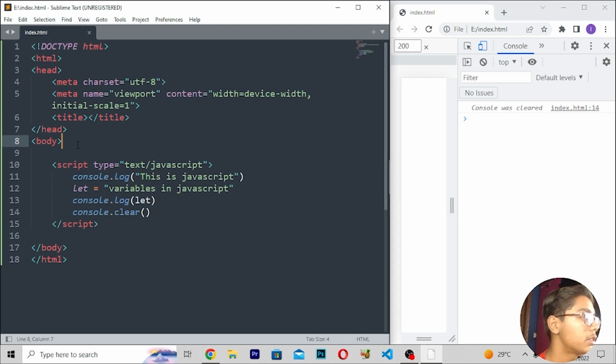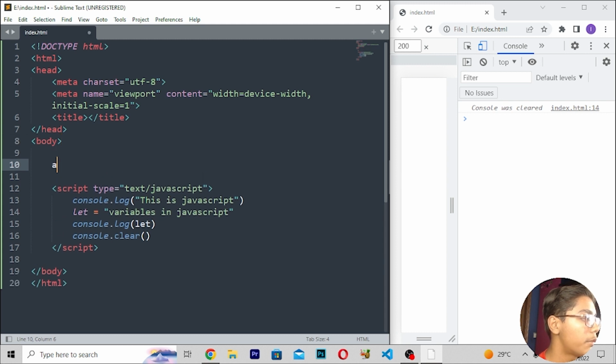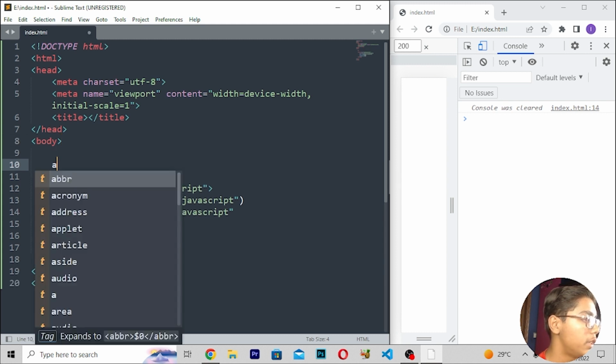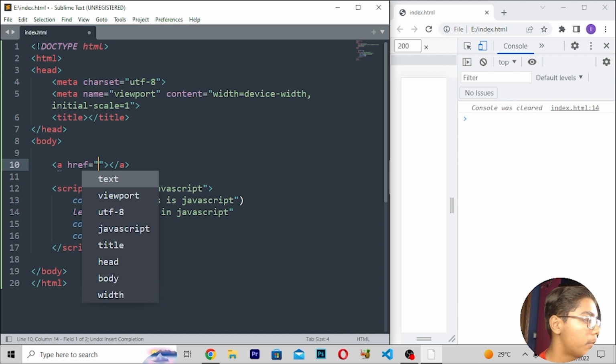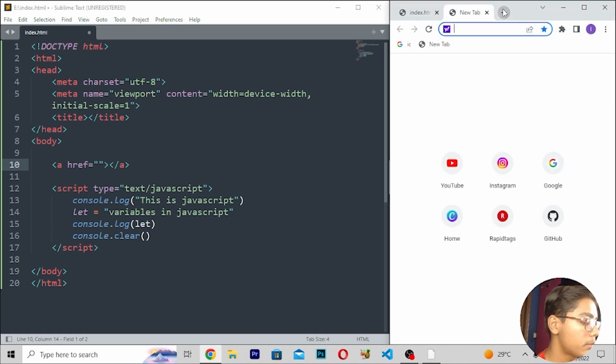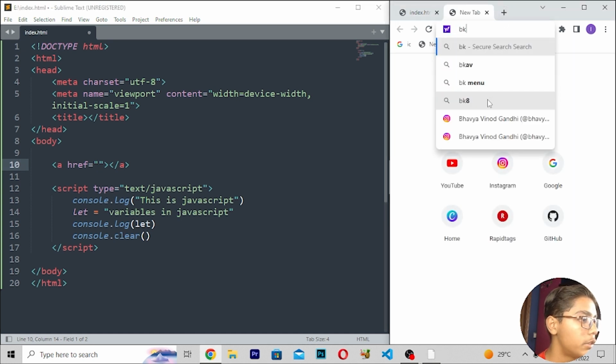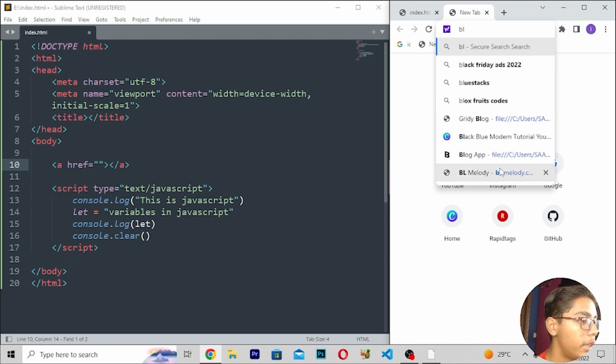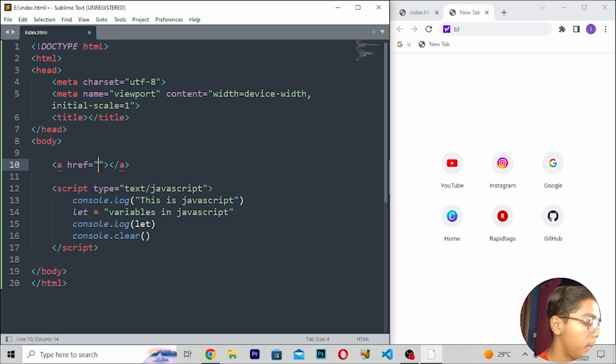Now if you want to build your Melody project, you have to write this tag, Control Z, and here you have to do one thing, you have to write this. Then I will now be moving. Here I will now be writing BL, and when you have written this thing, I will be writing bl-melody.com.